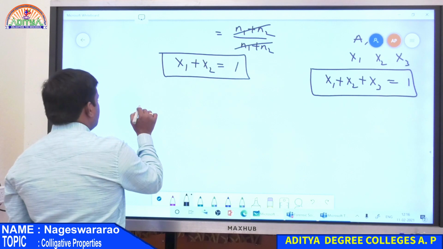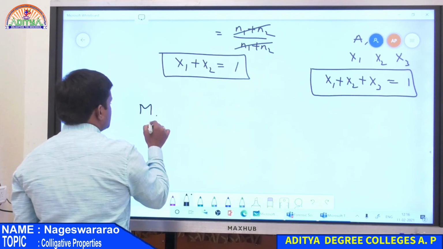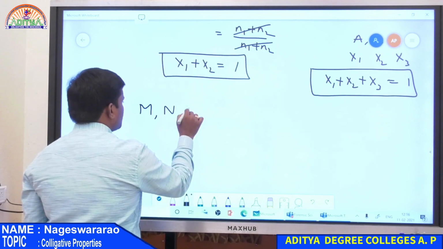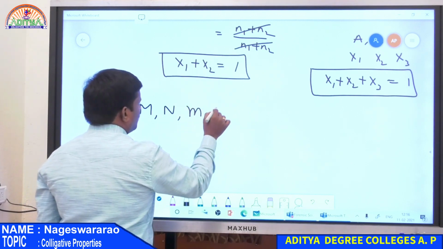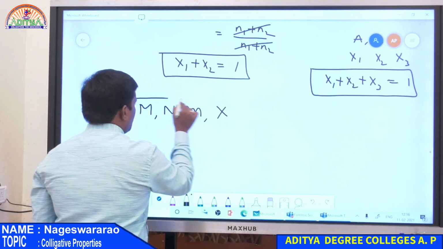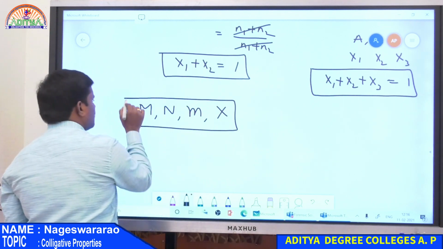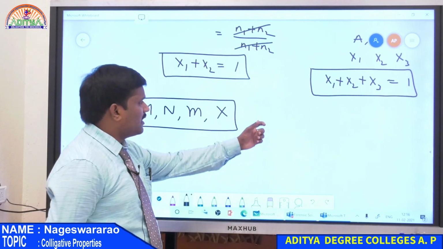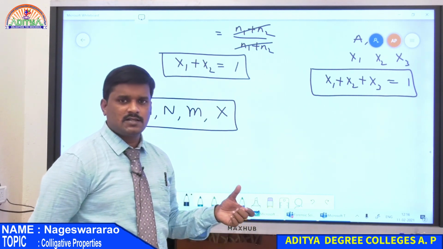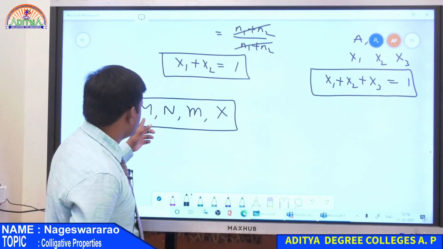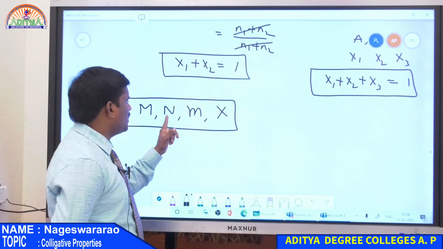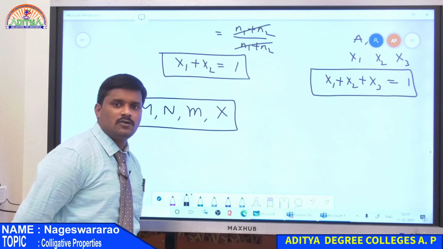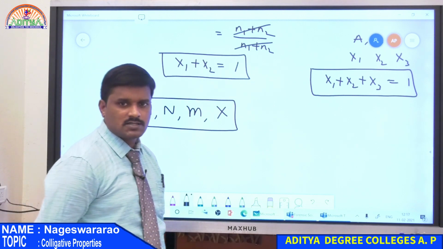Therefore, these are the four expressions: molarity, normality, molality and mole fraction. All these are representations of concentration of a given solution. So for any solution, its concentration is represented either in terms of molarity, normality, molality or mole fraction. So this is all about expressions of concentration.